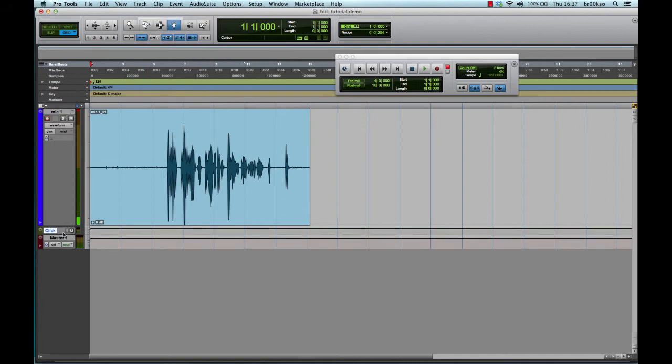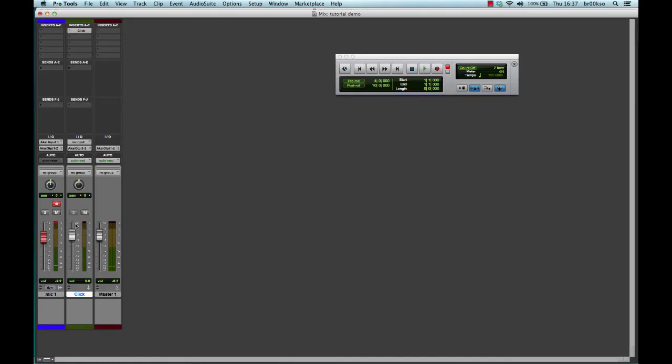Here's a wee click track here. Just by doing that, I've now got a wee click track. The wee click track is set up. If I go to the mixer by using Apple and equals, here's the click track, all set up, ready to go. How do you get your click track to be set up for tempo?